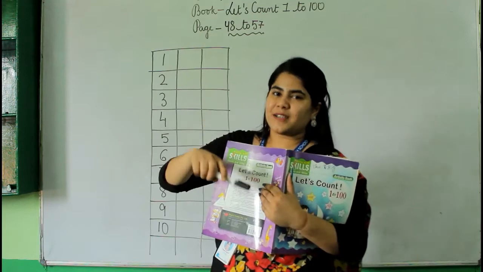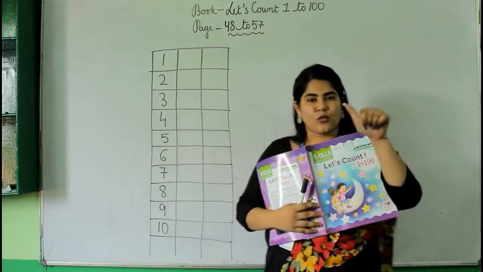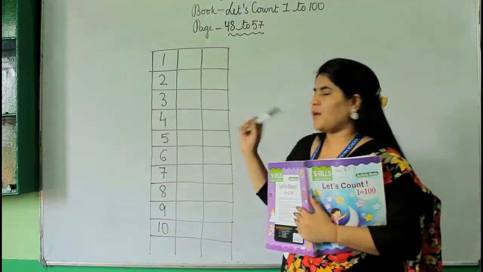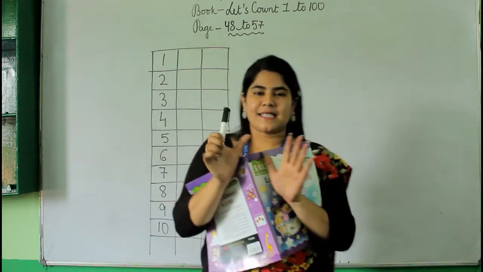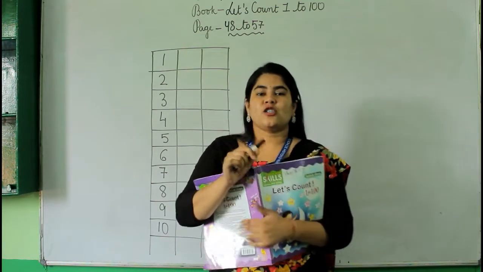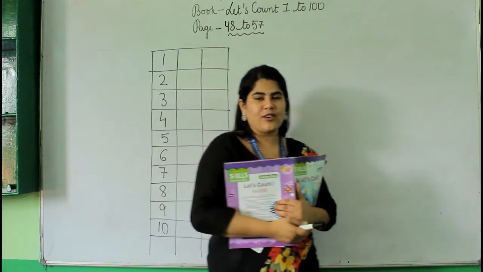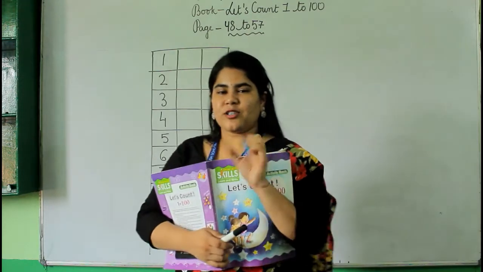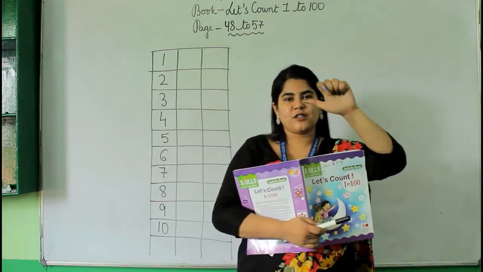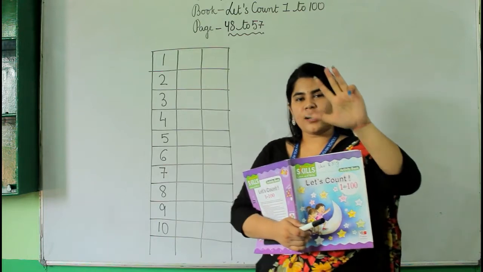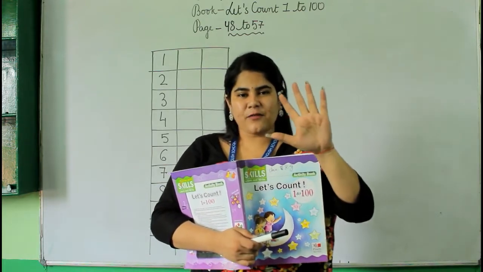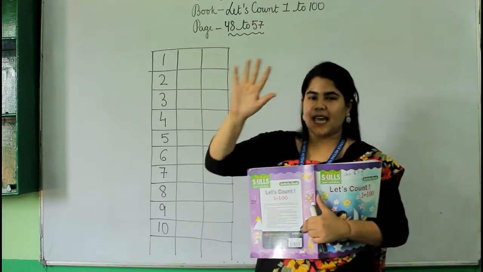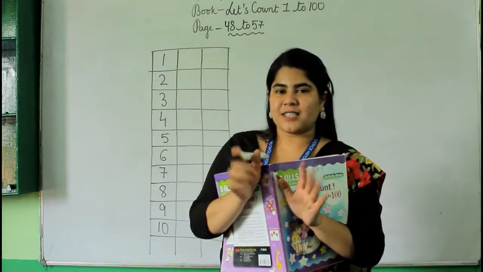So in the previous class, what we have learned, the numbers 1, 2, 3, 4 and 5. Today we will learn from 6 to 10. That is 6, 7, 8, 9, 10. So students, how many fingers do you have in your hand? We have done one song also now, wiggle wiggle. So everyone count, look at your hands and count with me. 1, 2, 3, 4, 5. This hand contains 5 fingers. And in this one, 6, 7, 8, 9, 10. That means total you have 10 fingers in your hand, right?